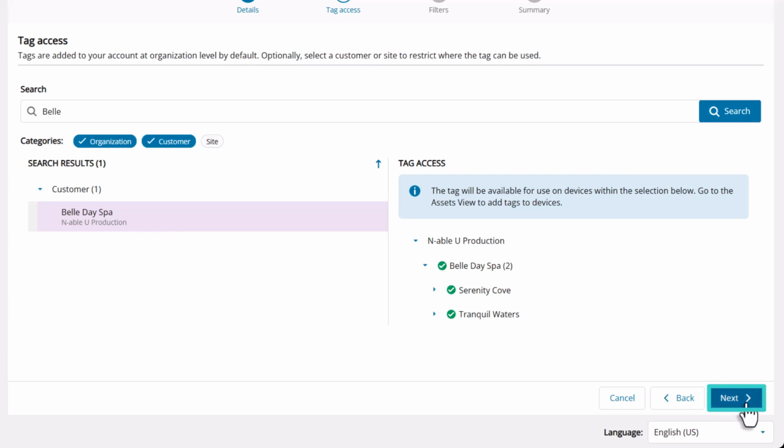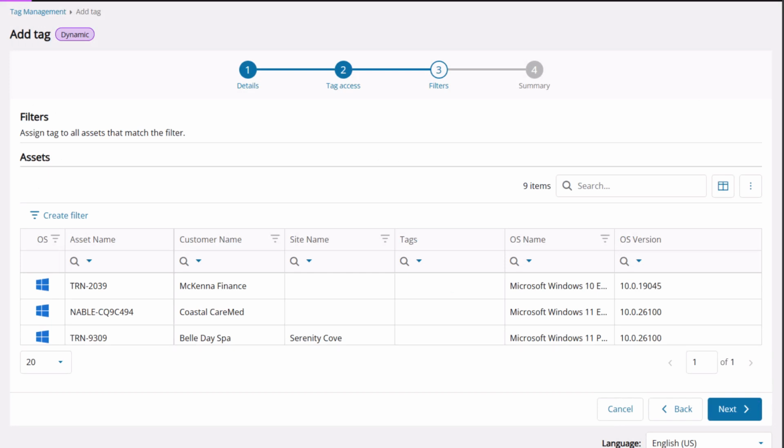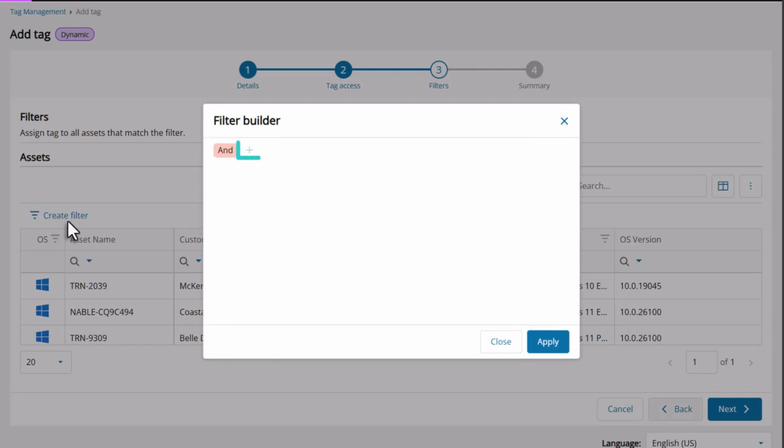Click Next. Filters identify the assets to tag. Click Create Filter. Click the plus sign and select Add Condition or Add Group. In this example, we will click Add Condition. The filter builder defaults to the OS category. Since we are creating a filter for a specific OS, we will keep the default and enter Windows as the